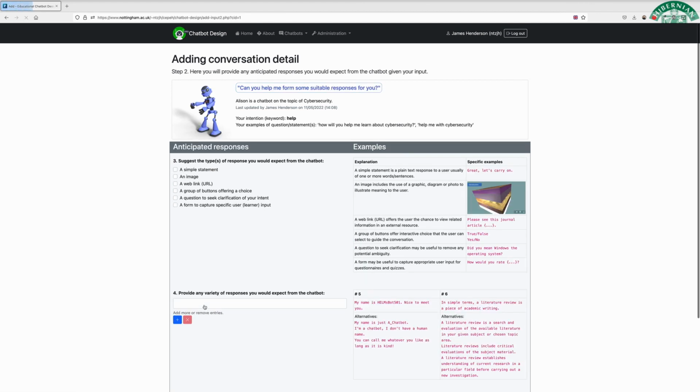So it can just continue, and now we are looking at the conversational detail, but in terms of the responses that are given. So again, you can see the chatbot that we're working on, but it's pulled across the detail from the first part of the form. So here you can see the intention help that we put in, and also the examples of questions and statements